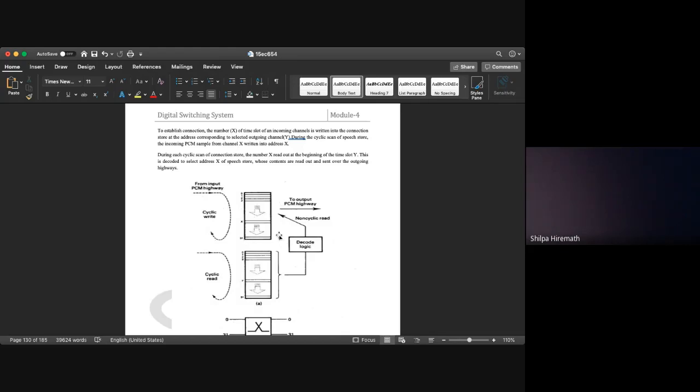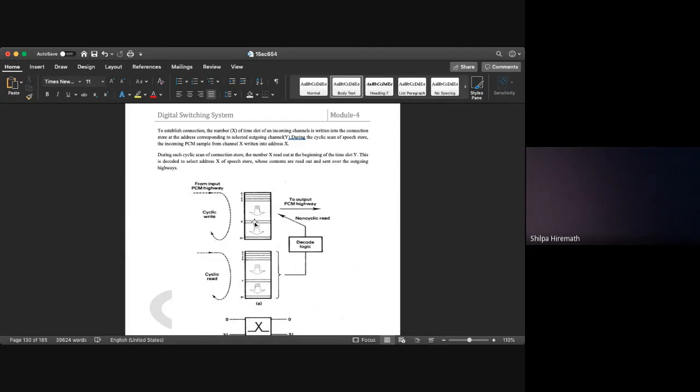So this particular is a speech store wherein the data whatever is sent, whatever the transmitter is sending will be stored in this particular speech store. Say whatever is the data, it is entering in a cyclic way and it is written in a cyclic way in this particular speech store. Say the data value, for instance, if I am considering it to be as say ABC.